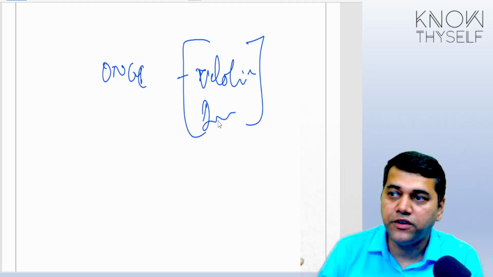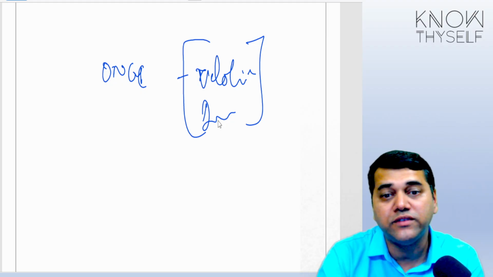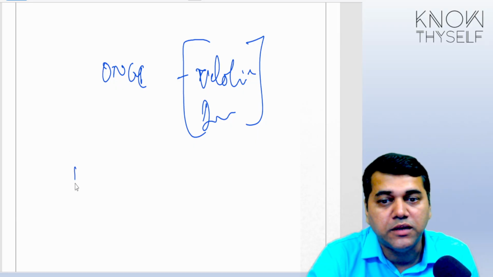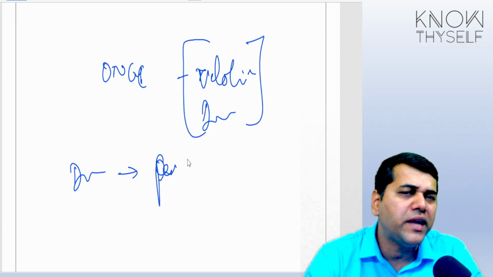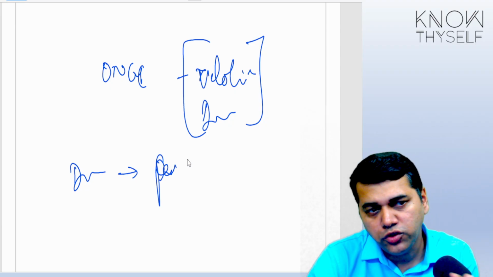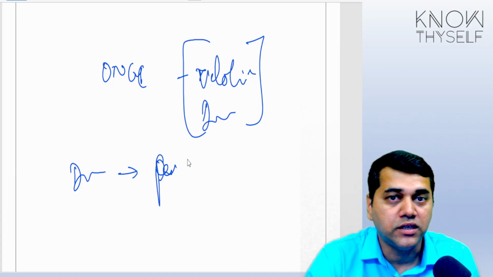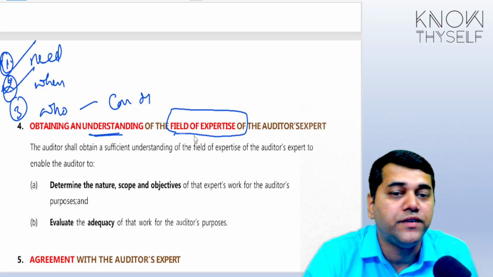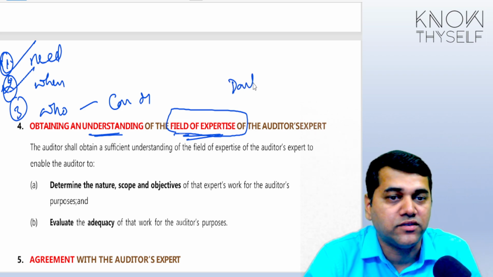Because if your inventory valuation is to happen, what all these factors are, how this can contribute to them. Like tomorrow you go to a gold manufacturing company or a diamond manufacturing company, there are certain processes which you may not be aware of. But once you have gone there and taken the position as an auditor, are you not supposed to learn it? This is called obtaining understanding of the field of expertise. Otherwise, what happens? You will be totally in the darkness. You will not be knowing.